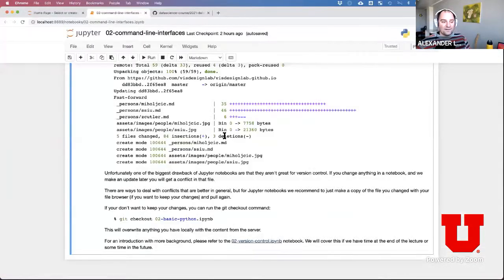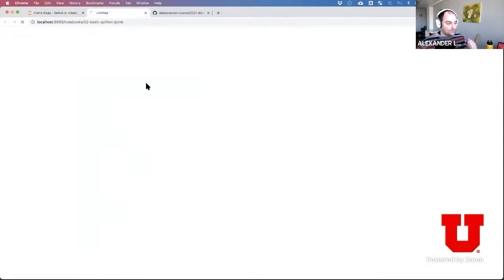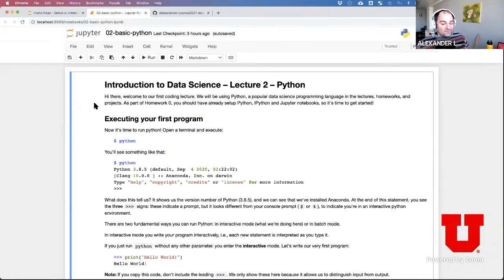Okay, so then let's move on. Now I want to do a very basic introduction into Python. Python is a programming language. There are many programming languages out there. Python has become very popular because it's simple yet powerful. For data science specifically, it has a lot of cool libraries that we'll be using. Python is one of the two programming languages of choice for data scientists,